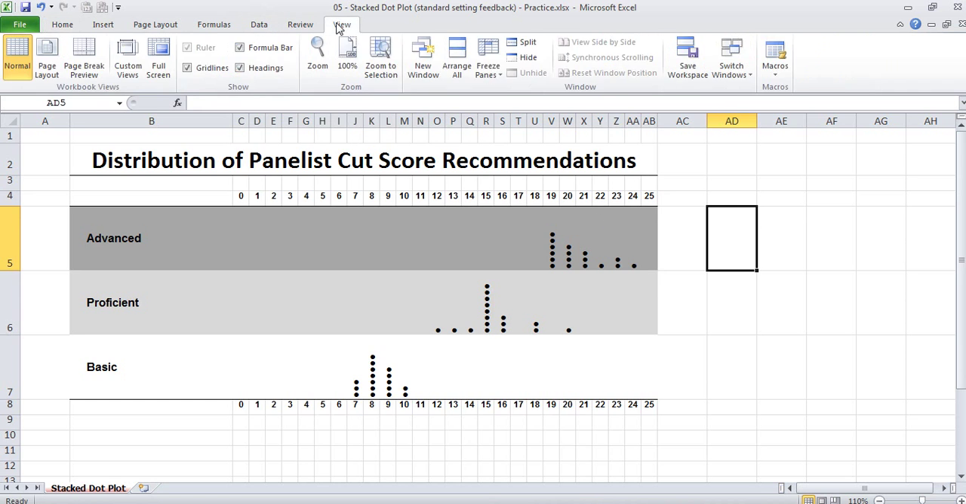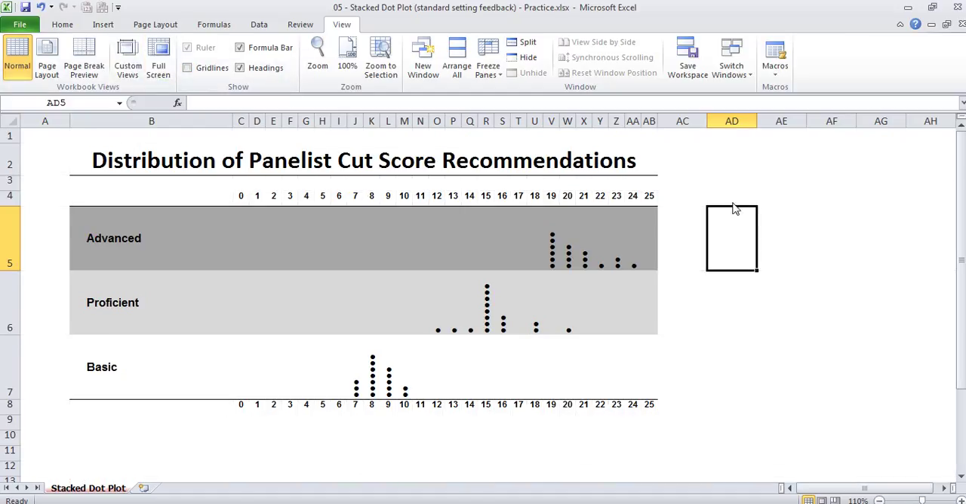To make it look a little prettier, I'll go to View and I'll turn off those grid lines. So there we have our stacked dot plot. So we can clearly see the cut scores across